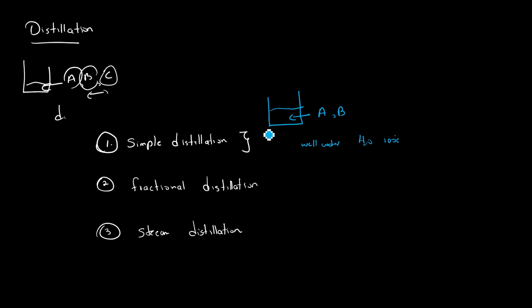So you can use the simple distillation and heat your solvents up to like 100 Celsius. So you can separate water from the components containing very high boiling points, such as minerals and salts. Likewise, the simple distillation you can only use when you have a considerable amount of difference between your boiling points